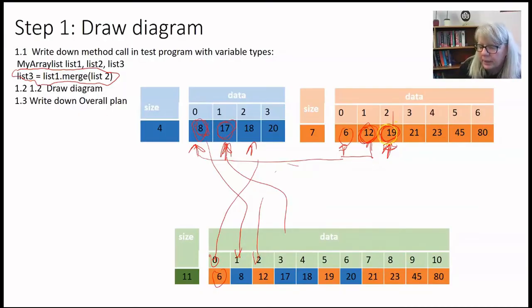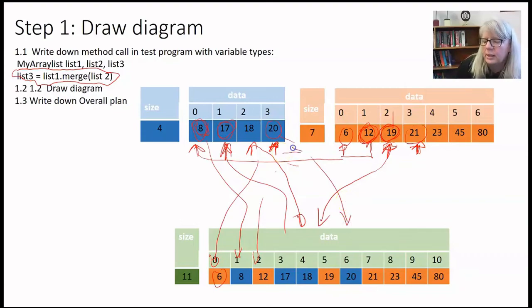Compare the 18 and the 19. Two blue ones in a row. Go there and increment the counter. Compare the two values at the counters. There the 19 goes to the list, and I increment the counter. Compare the 21 and the 20. The 20 goes to the list, but incrementing the counter does not work. Okay, so I should have stopped now. Okay, so a big